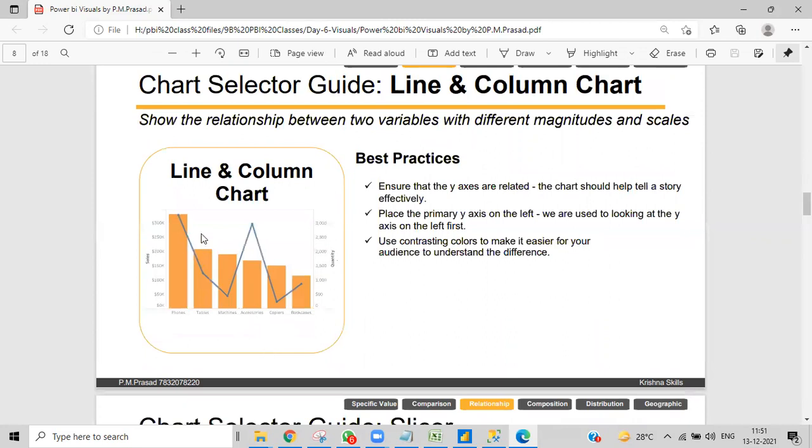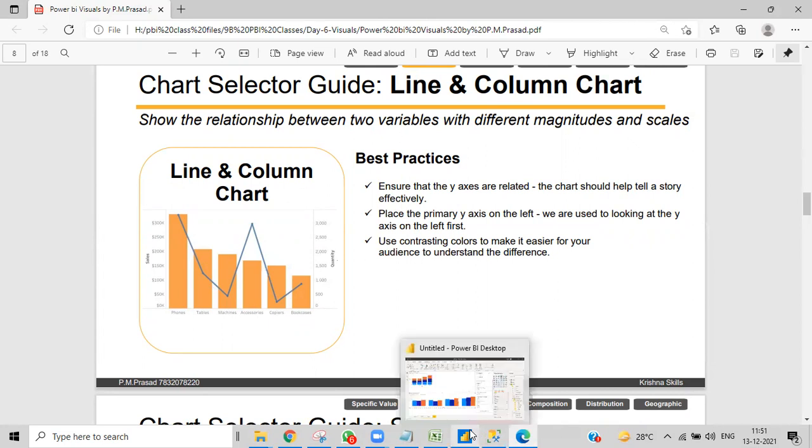Coming to line and column chart. We do have this kind of chart, which is a combination of a line and a column chart. Very simple thing, but let's check how we can show that one.